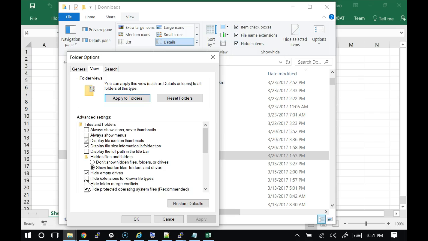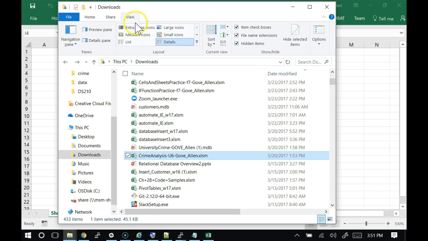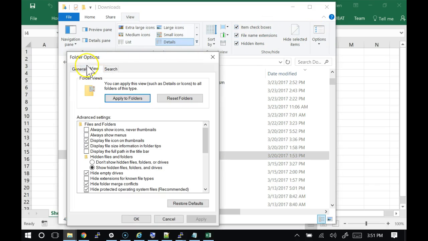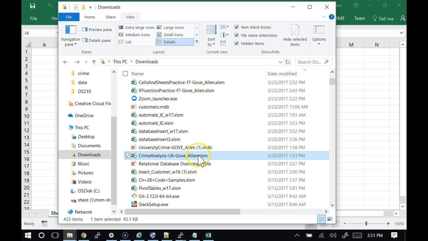For my mom, that should say, hide extensions for known file types. But for you, it shouldn't. You're not scared of an extension. You know what an extension is. You're not freaked out by it. So you should show it. And that was, again, in File Explorer, View tab, Options, View tab again, and then come down here to Hide Extensions and check it. Okay, so now that I can see that .xlsm on the end,